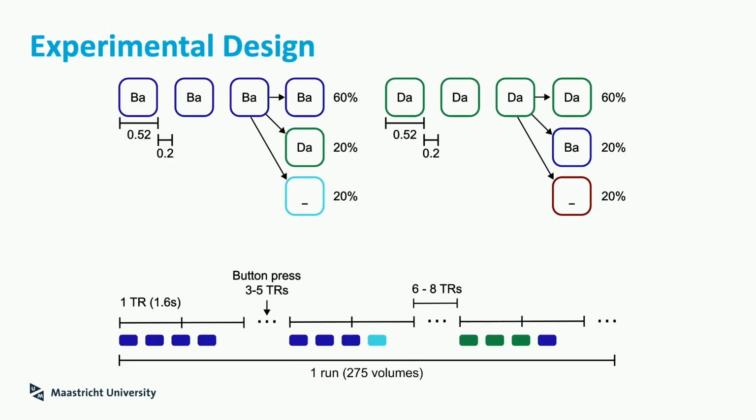So we presented sequences of syllables that always contain 3 identical syllables, ba, ba, ba, that could be followed either by a 4th syllable that was the same. This is our standard sequence, a deviant syllable, or we could omit the 4th syllable. And we presented this in a slow event-related design. And so what we hoped was that participants really expected, after hearing 3 bas, that they would hear another ba.